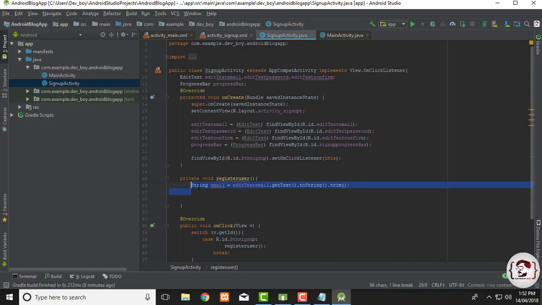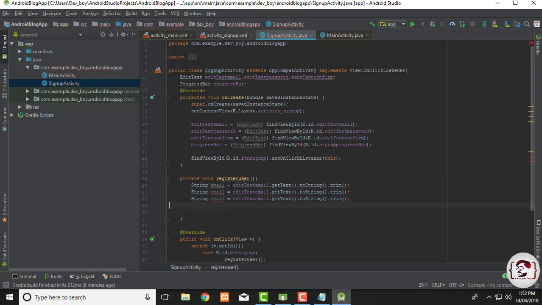So just copy and paste it twice, write over here password and write confirm. Okay, and just change this with value,